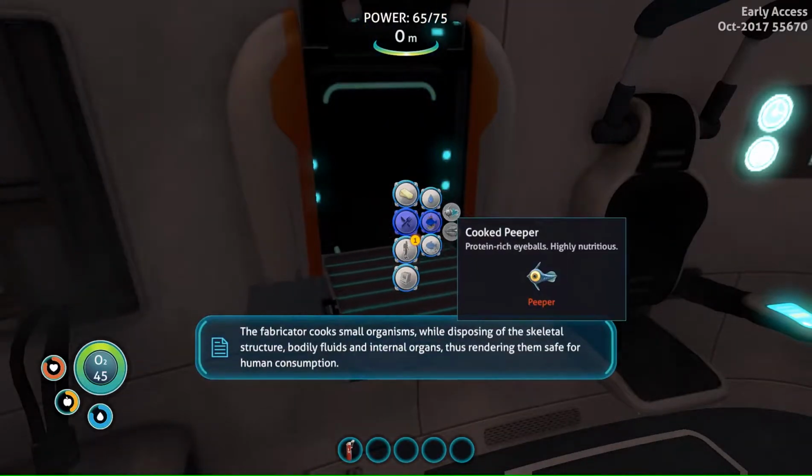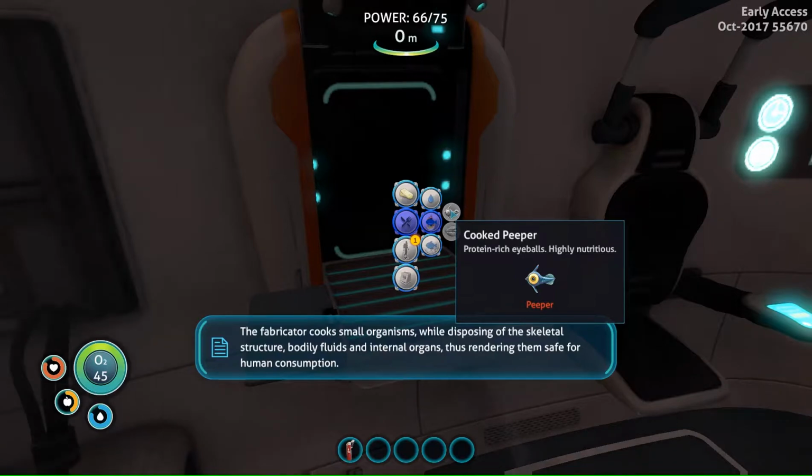The fabricator cooks small organisms while disposing of the skeletal structure, bodily fluids, and internal organs, thus rendering them safe